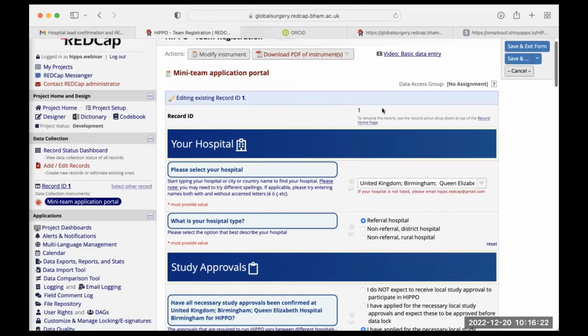I've read it in the protocol, but I haven't gone to my regional lead. Okay, so in that case, what is needed is for it to be sent to your national lead. In case there is no national lead in your country, you can send it to our Gmail account. I can share my screen where you have that email. You can send it to this email here.